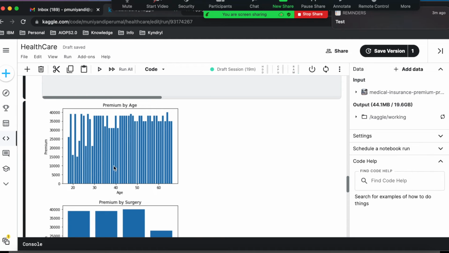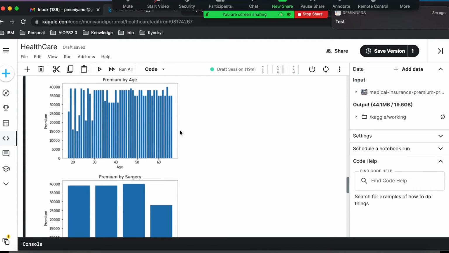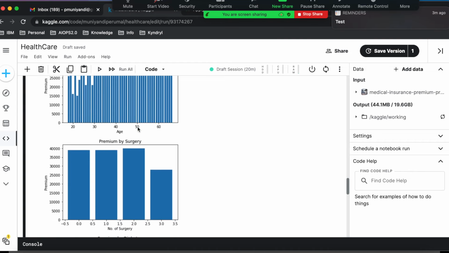If you take 30 and 40, there might be a range. You guys notice most of the people fall into the 30,000 range, but there are a few people who were overpriced. Here, 40 to 50 there is a range, but there is an overprice. So in each case there is an overprice, and there is an average price. That's what my prediction bar chart or pie chart is going to tell you: how the actual price is supposed to be, and what overprice they did. That we are also going to see here.